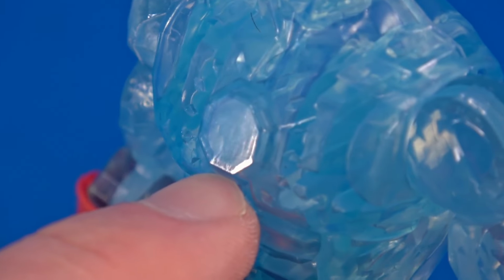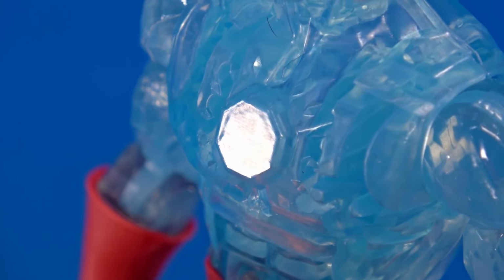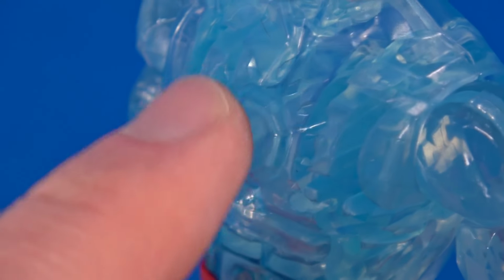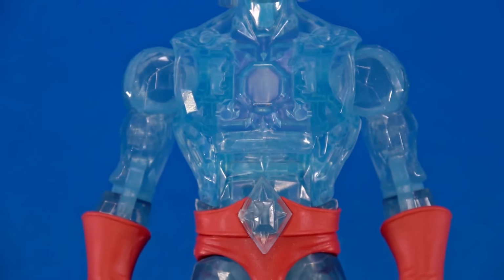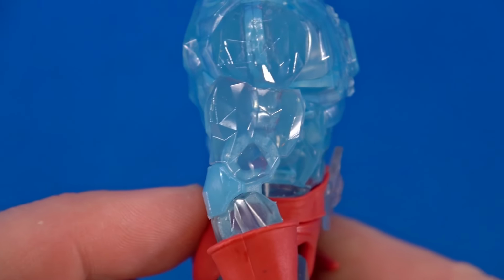There it is, a flat piece right in the middle, almost like an arc reactor to make a Tony Stark Iron Man reference. But yeah, it's not super noticeable until you get up on it. Same thing down at the arms. I don't know why I'm talking. You can see this, right? Look, just...